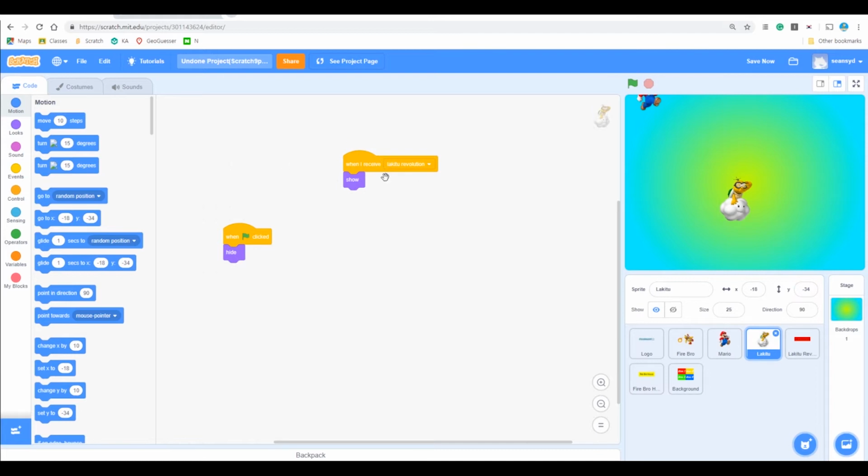Same with Lakitu. Okay, I'll teach you a new block called glide. The glide block. It's like glide 1 second to X, whatever, Y, whatever. So if I make it 100, 100, it will go to exactly that spot in exactly 1 second. 1, boom. And the time is always the same. One, two,